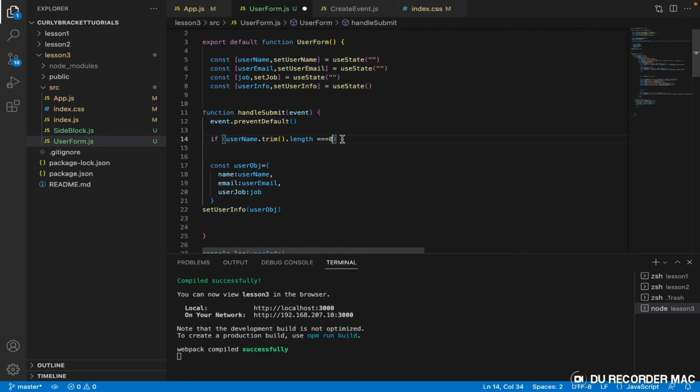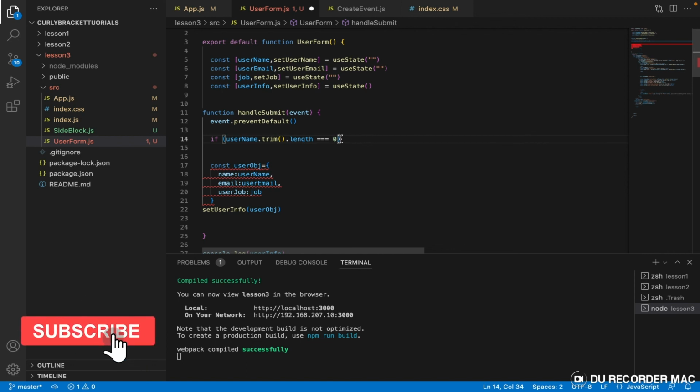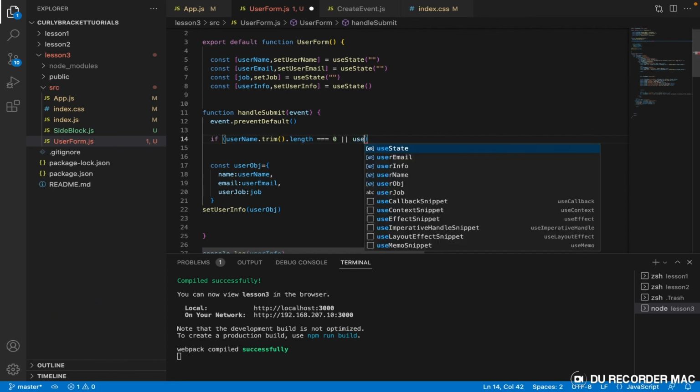So if all this guy has, when we eliminate the empty strings, if there is nothing else left, so if all that is left is 0 characters, or we test it for user email,